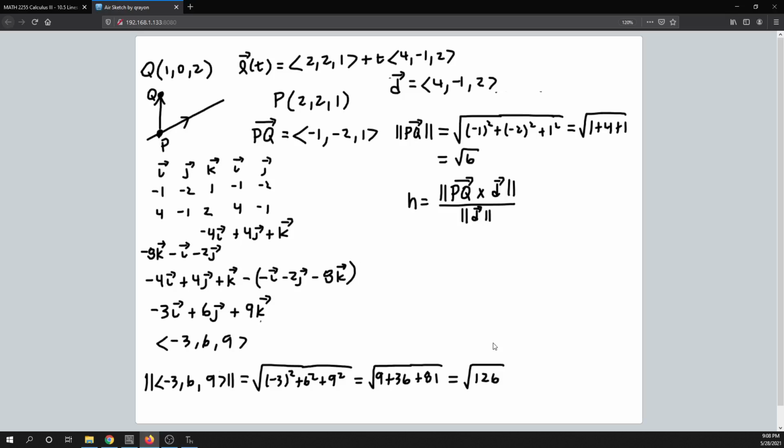That's going to be square root of 126, and the magnitude of the